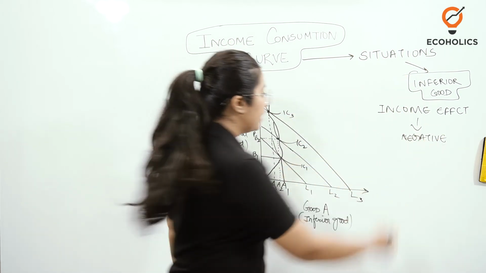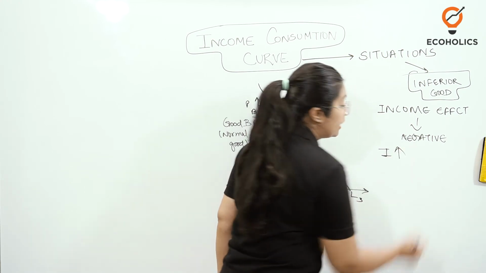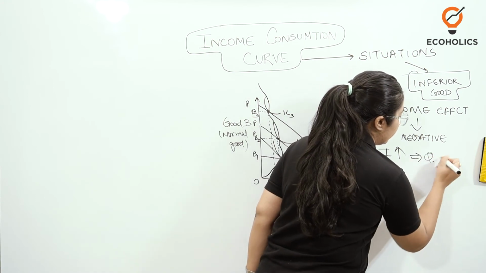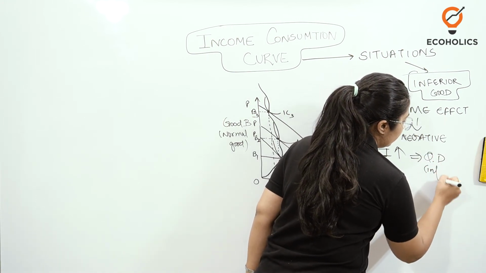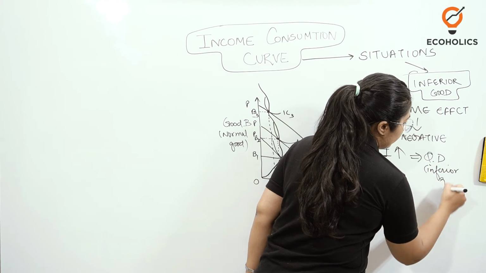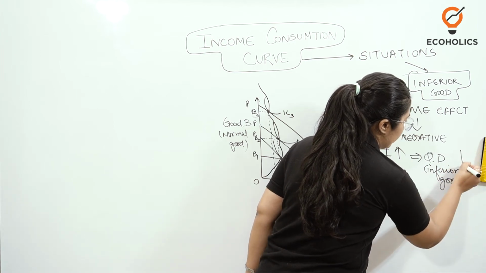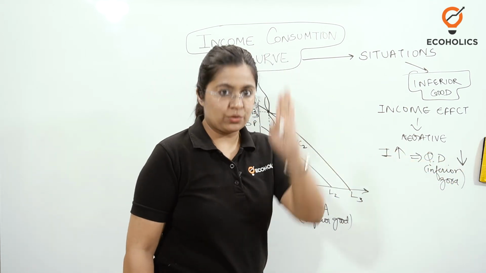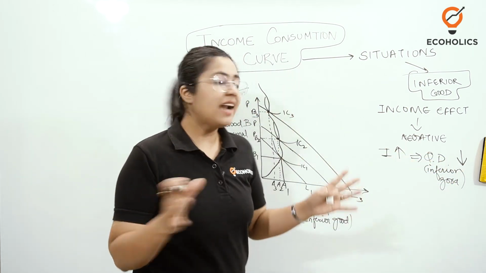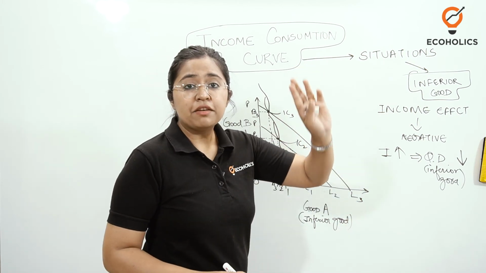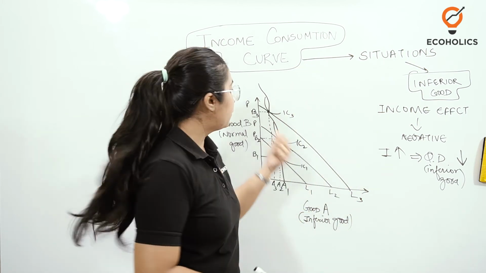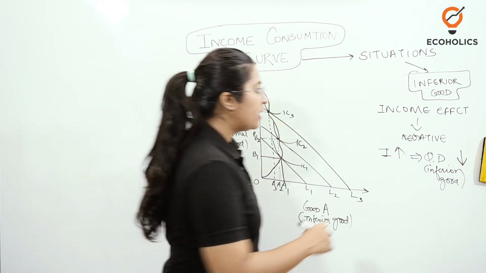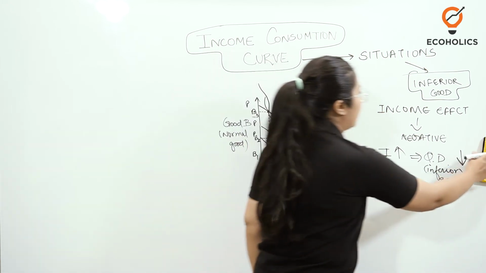What does that mean? That when the income is going to increase for a commodity, the quantity demanded for an inferior good is going to start to decrease. That means there's a change in the direction. One is going up, other is going down. That is what is the income effect or income consumption curve for an inferior good as well as a normal good. So in such a scenario, now how can you make the diagram even further?